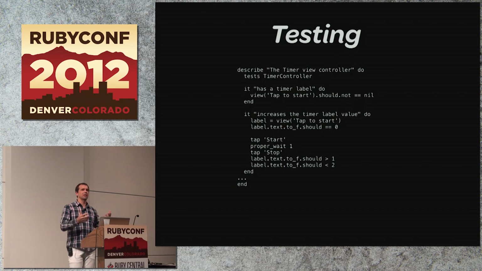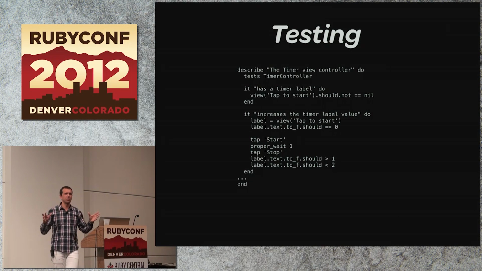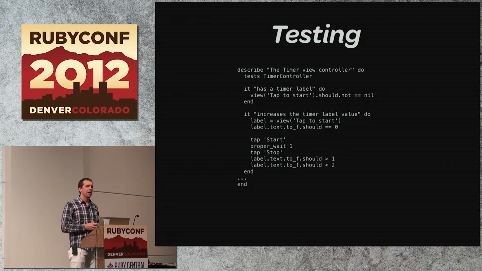We love to actually write our tests in Ruby because Ruby is a very flexible language for doing this type of thing. I mean, being able to do tap, proper wait, tap, getting the different aspects of these things like looking up views. Those are, DSL is an overused word, but Ruby's flexibility in its syntax gives us very, very concise code. And it's very readable code of exactly what this does. So testing is actually built in to every RubyMotion project. And you can do not only unit testing, which you can do, but you can also do functional testing, write specs to do that.